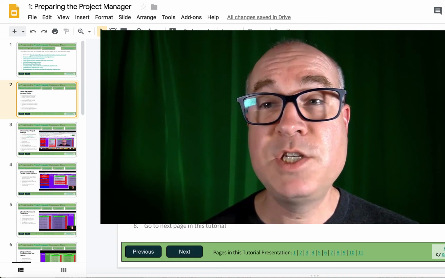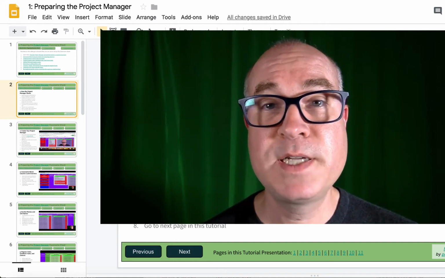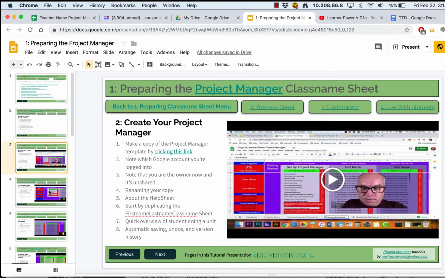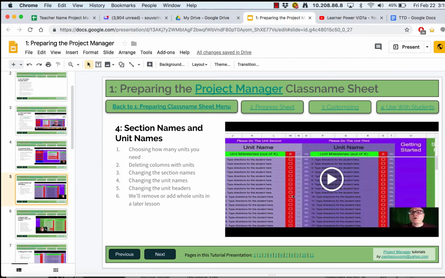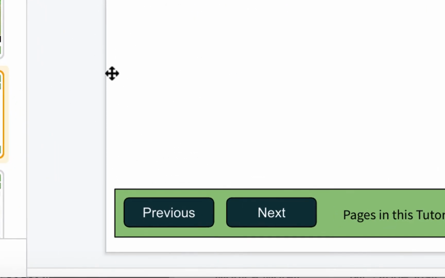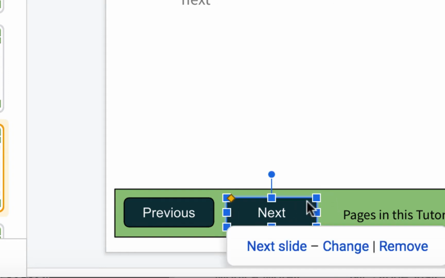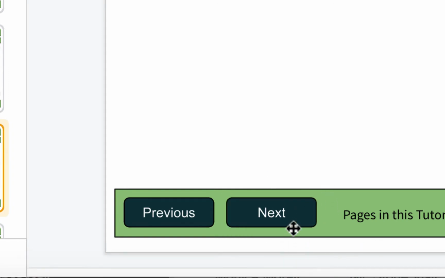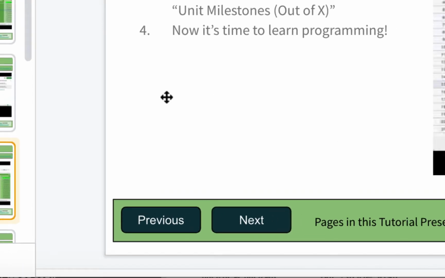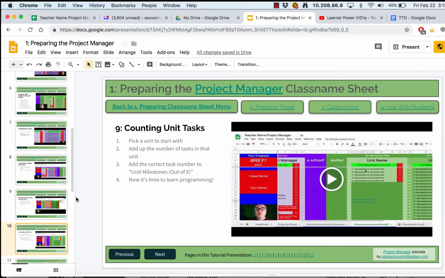The best way to do it, don't go into presentation mode to do this presentation. You want to be able to see all the slides along the side and just quickly go through and click on the slides you need. Or if you want to, you can use the previous and next buttons. You'll have to actually click on those buttons for them to work. Next slide and next slide. Or sometimes there's even links embedded directly in, or you can use these navigation links down here to click between